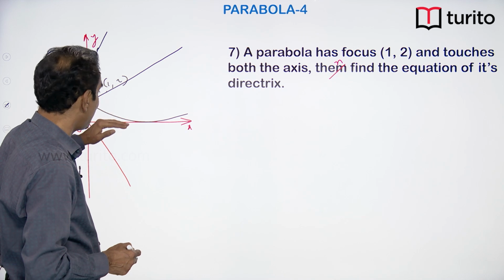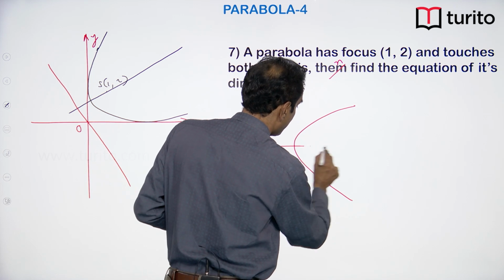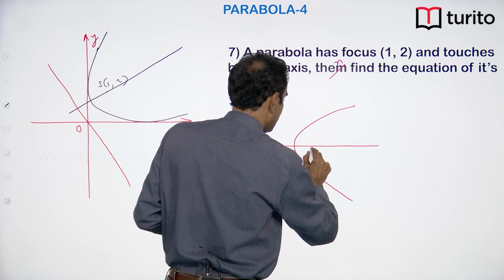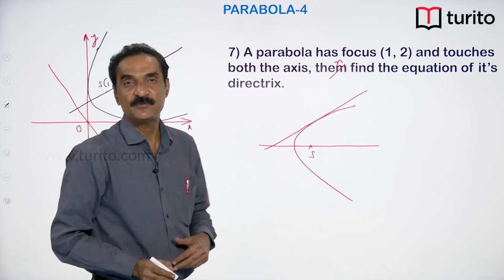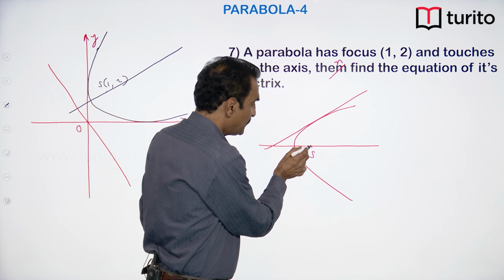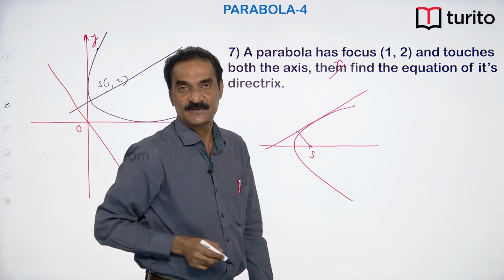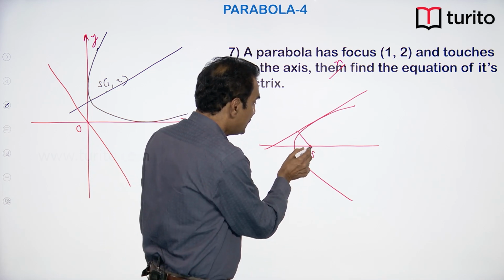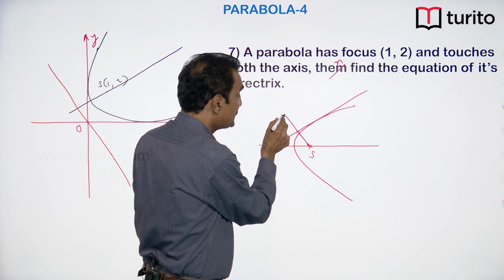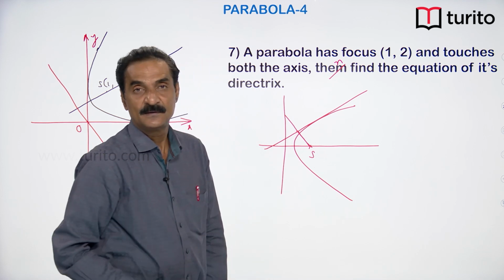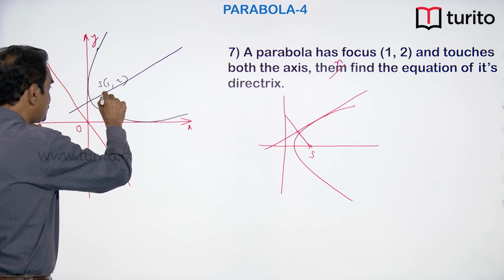about the focus and tangent. In the standard form, this is the focus. Take any tangent. What are the points we have discussed? One is the foot of the perpendicular from the focus on any tangent lies on the tangent at vertex. Another is the reflection of the focus about any tangent lies on the directrix. Is it not? So, if you take the reflection of this focus,